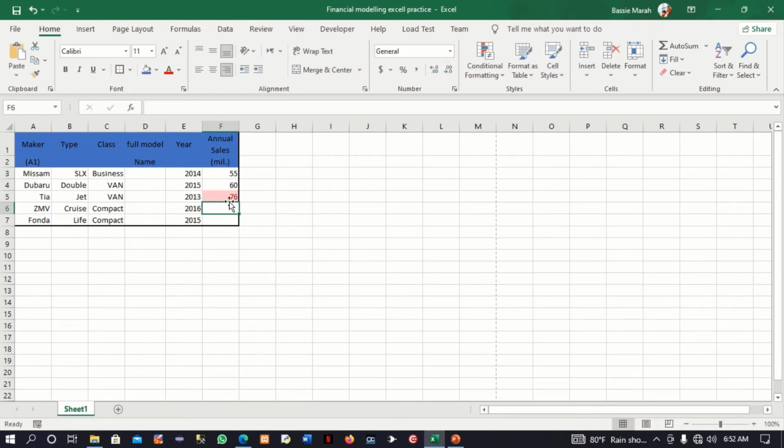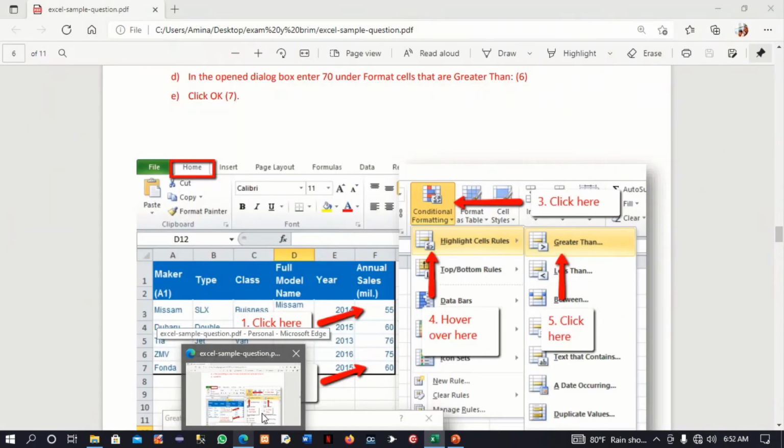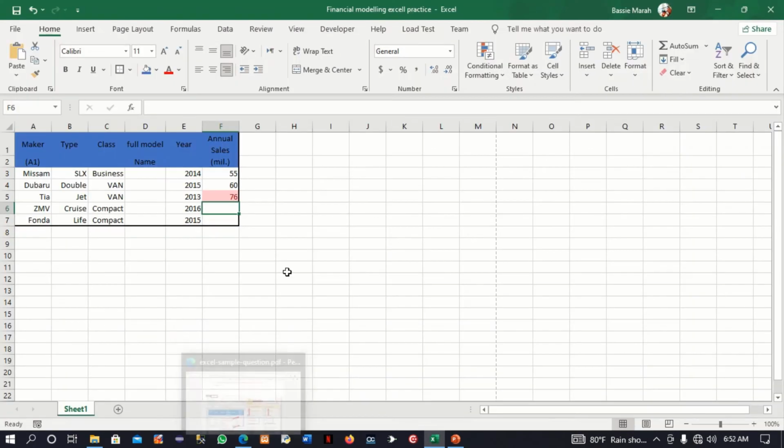You see, because this value here is greater than 70, automatically it changes its color, right? It has highlighted. Let me see the remaining ones. We have 75 and 60 again. So here 75 and 60,